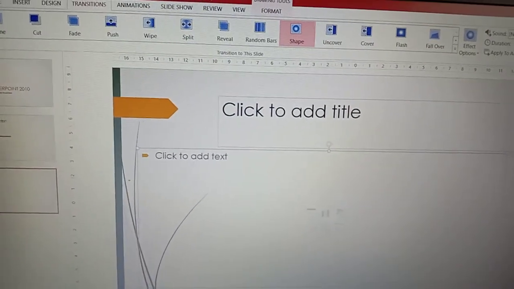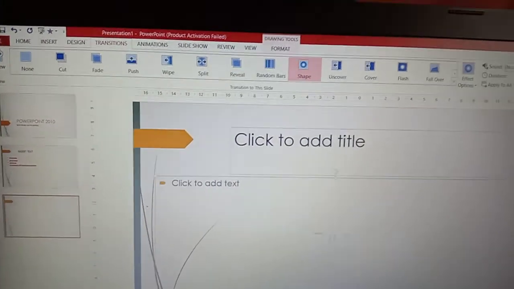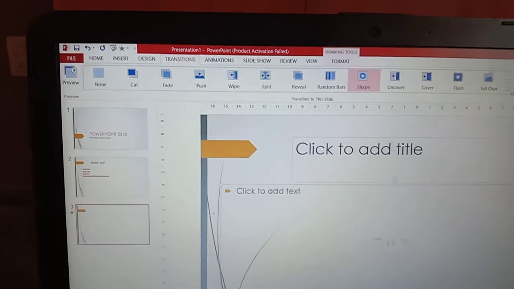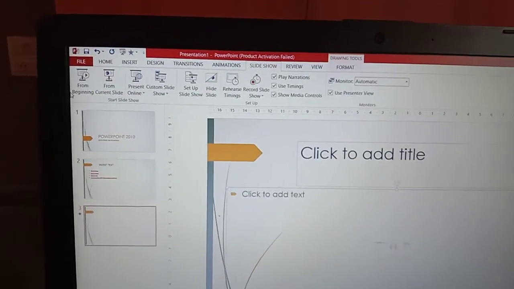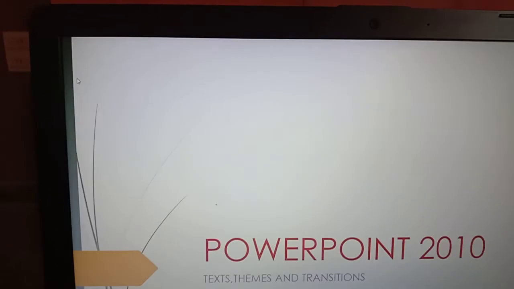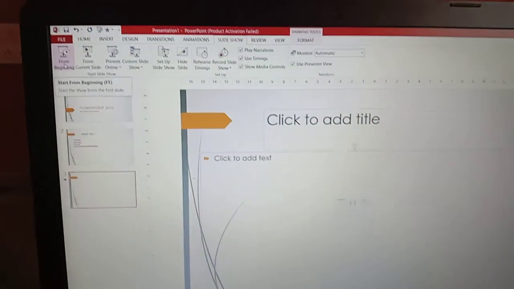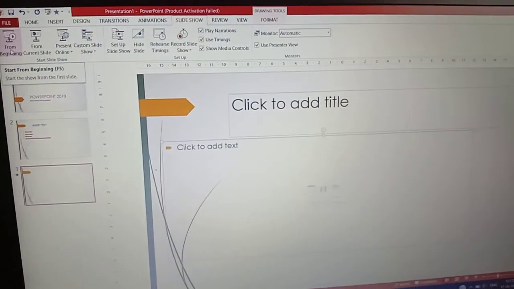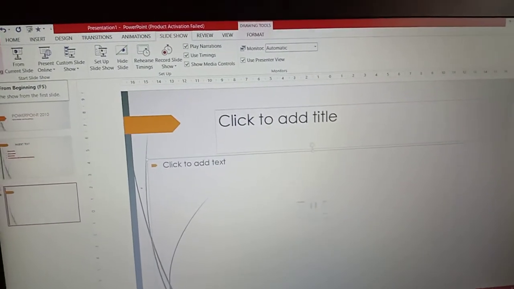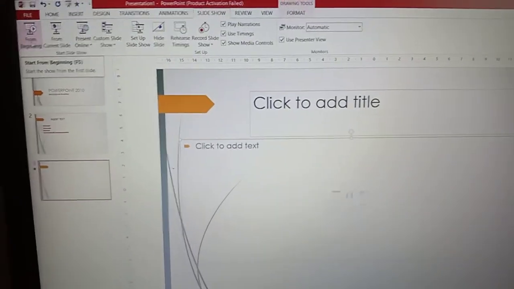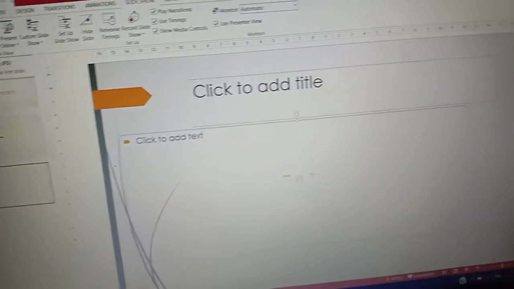Next, we are going to learn how to present our slide. In order to present our slide, you need to go to Slide Show. You need to click From Beginning. So from the beginning, it will start displaying our slides. Because here we added our transition, right? That's why it's taking time. And next, on mouse click or after a certain duration, you can fix the time for our slideshow also.